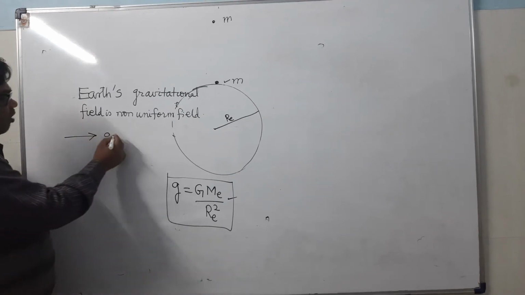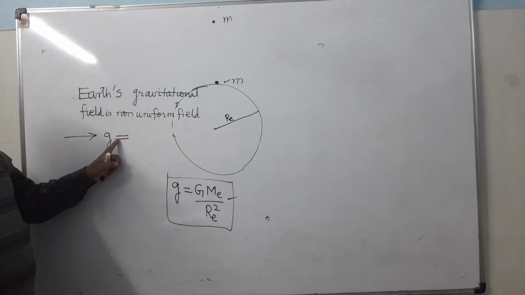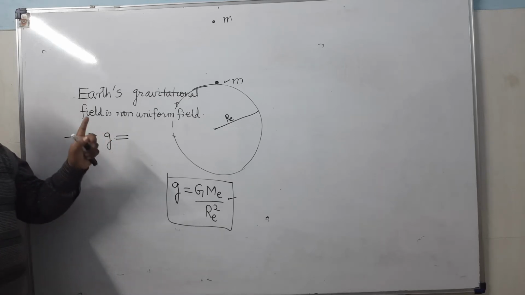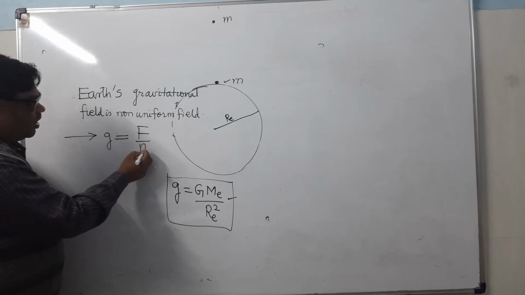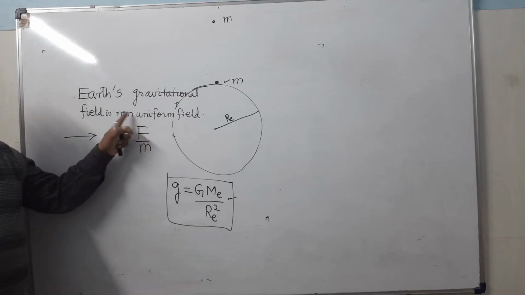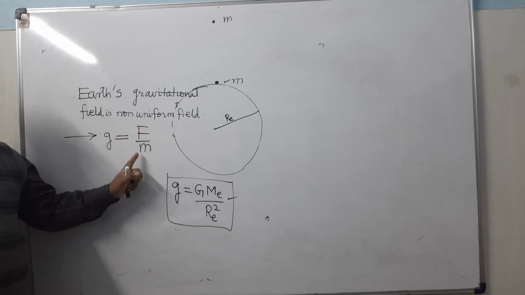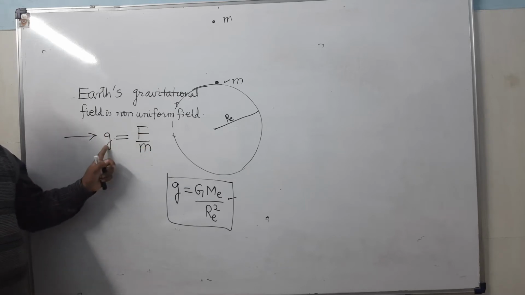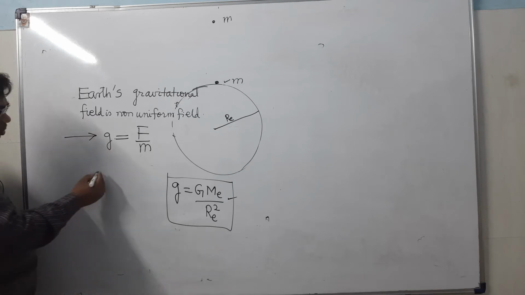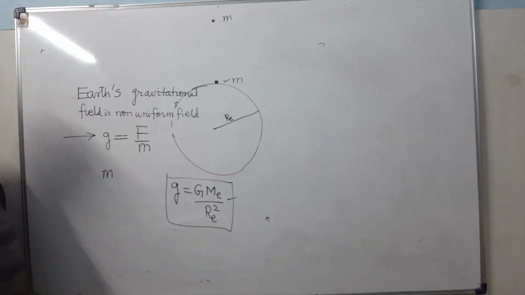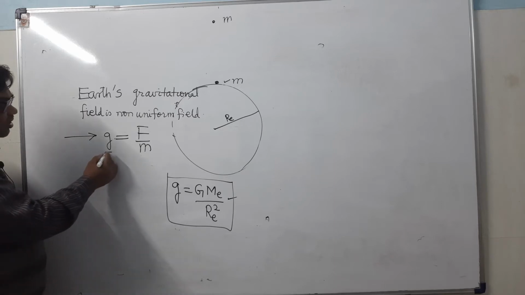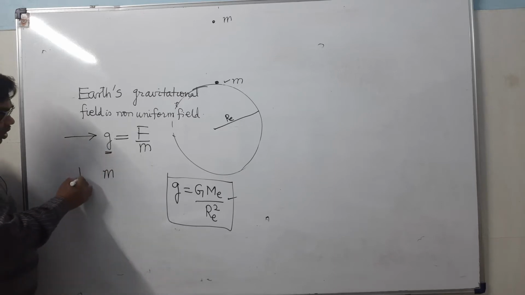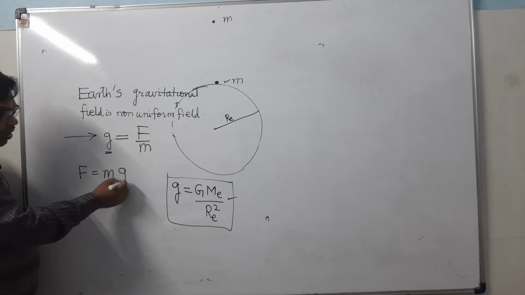Now what is the value of g? It is the gravity force acting per unit mass. What is g? It is F upon m. It is basically the gravity force acting on a body of mass 1 kg. Is it clear? We know that F equals m into g. Therefore, if there is any body of mass m, then the gravity force that will act upon that body at a place where the acceleration due to gravity is g is given by F equals m into g.